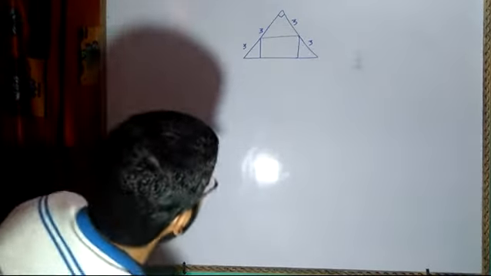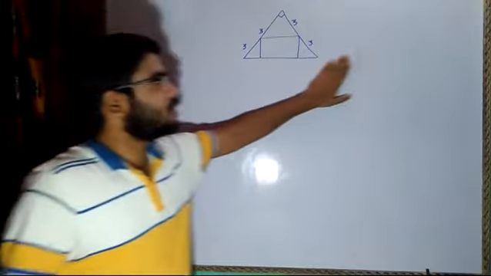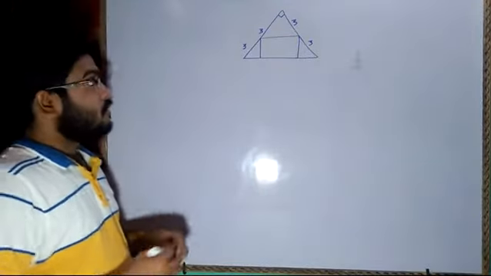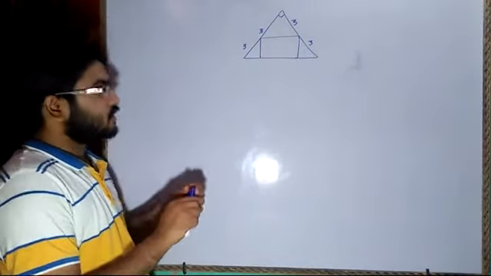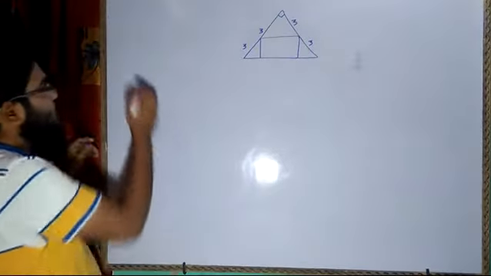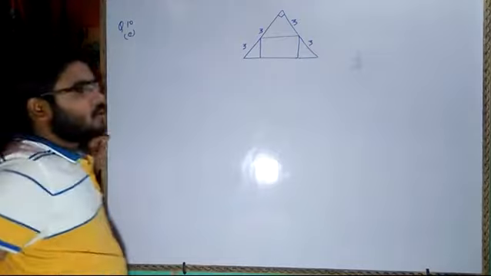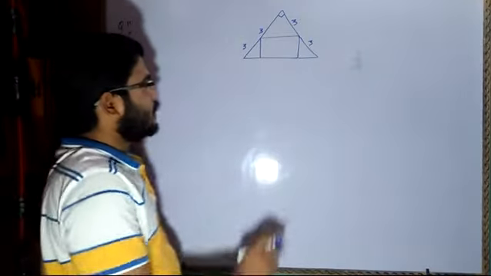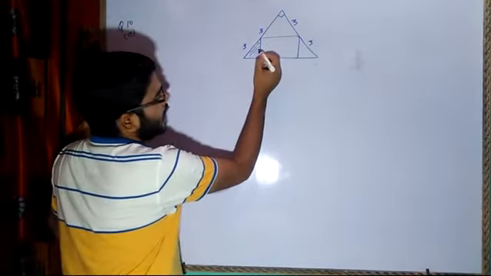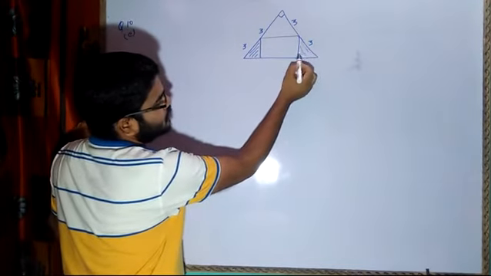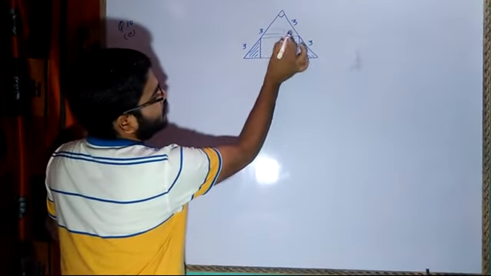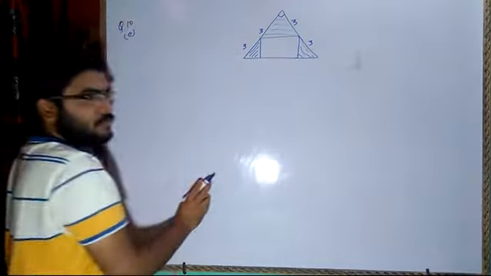Good morning, dear students. In this video lecture, I will be discussing one of the important and a bit difficult questions. It is question number 10, subpart E. It is an isosceles triangle in which a rectangle is inscribed, as you can see, and we have to find the area of the shaded region.